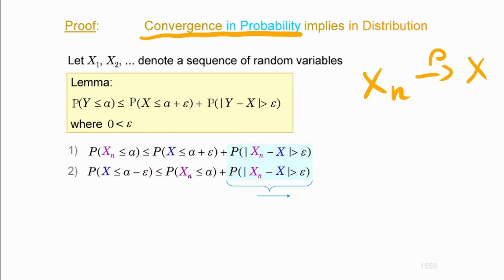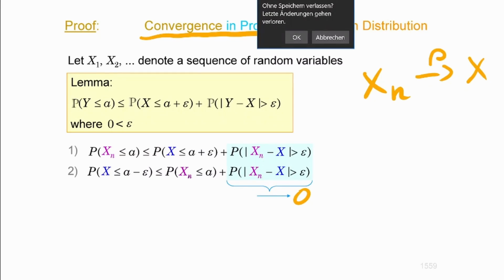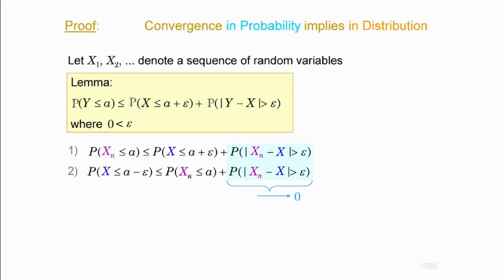Now that means that these probabilities must converge to 0. If you want to make it easier, you could ignore them, although that's not true in general, only in the limiting case. And then you need to compare what you're left with. I'm looking at the limit of that. These expressions are equal, you see. So that means that this is going to be the upper endpoint, and that's going to be the lower endpoint of the green expression.